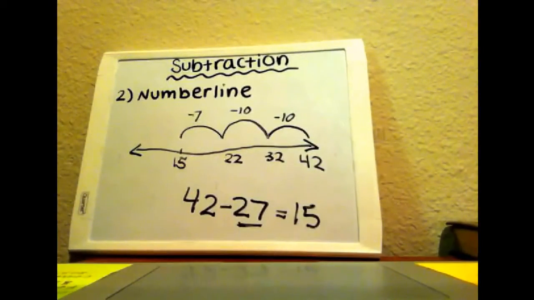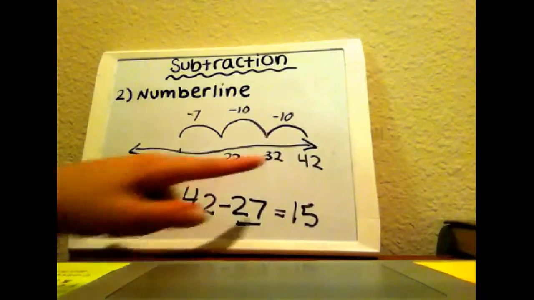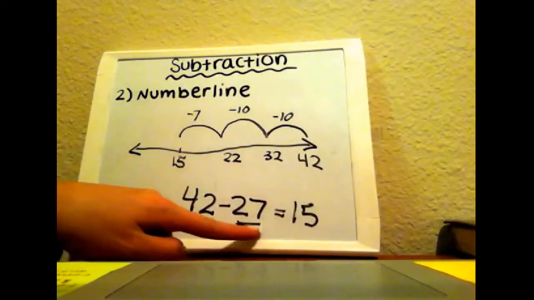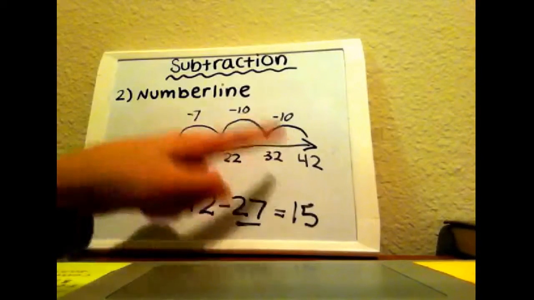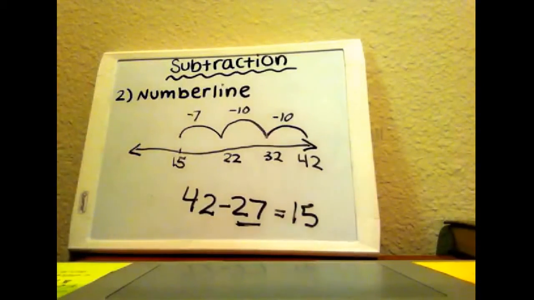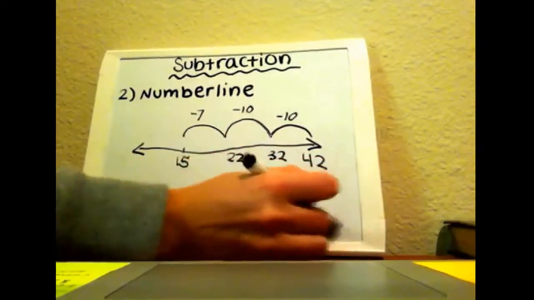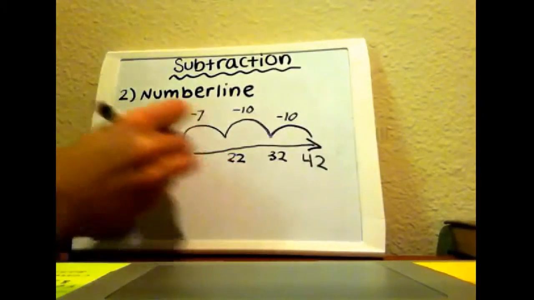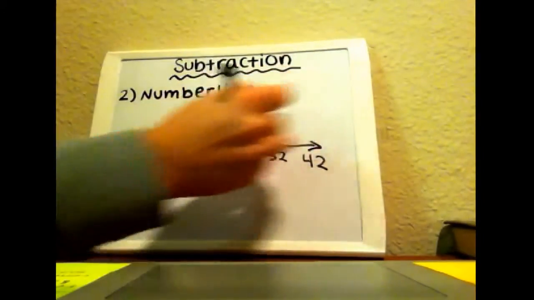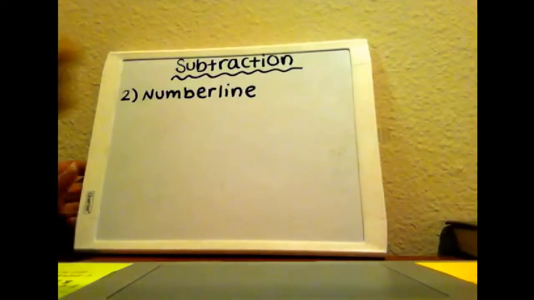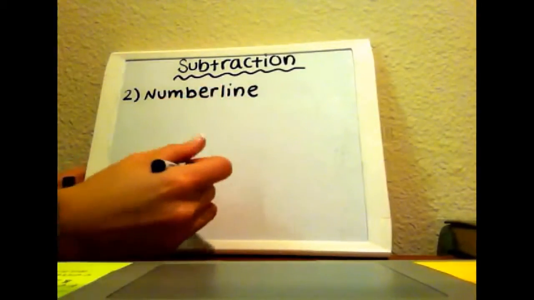So again, if you're dealing with bigger numbers, both two-digit numbers possibly, you just start at the bigger number that you're subtracting from, and then you can break up the number you're taking away. Instead of counting it by ones, you can break it up into tens, into fives, or however is most convenient. So to do an even more complex problem, we're going to deal with numbers in the hundreds. So for this problem, we're going to do